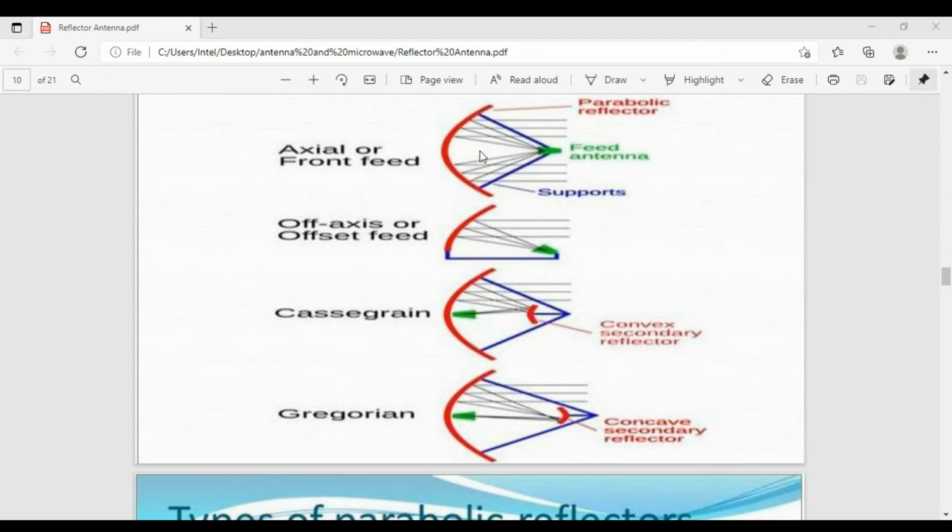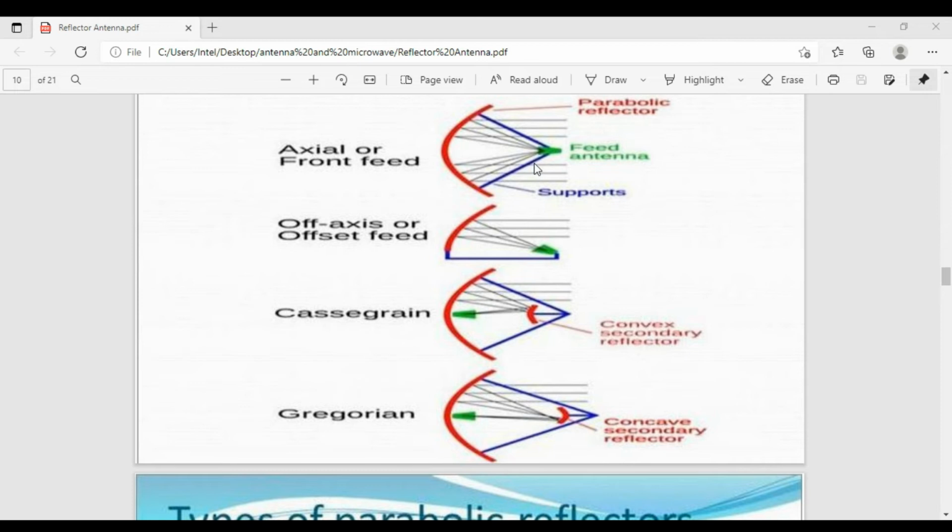If it is here, in the sense, no signal will be lost. All the signals coming from this primary antenna will be captured by the reflector antenna. No signal will be lost. But with more overlapping between the signal coming from the primary and the one coming from the reflector, that problem will occur.